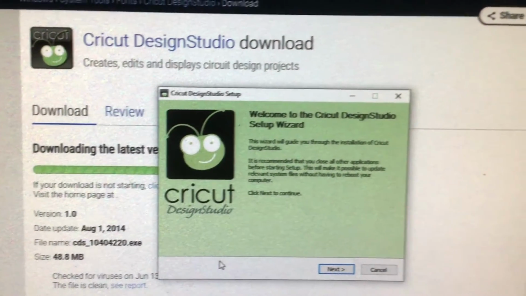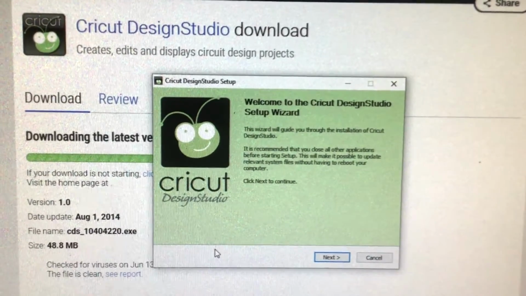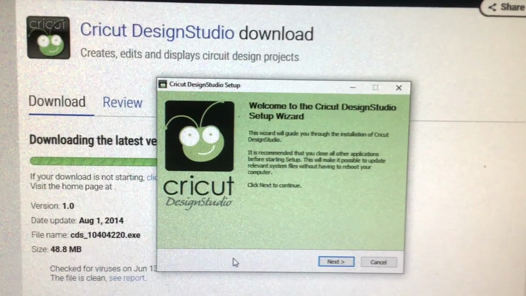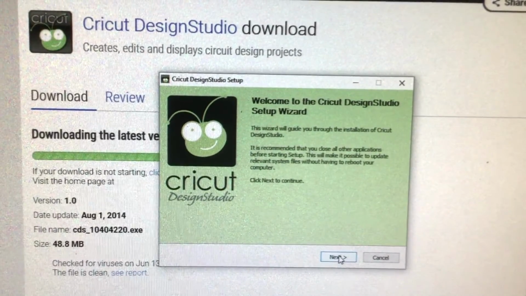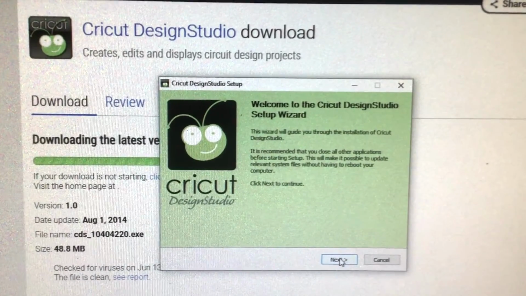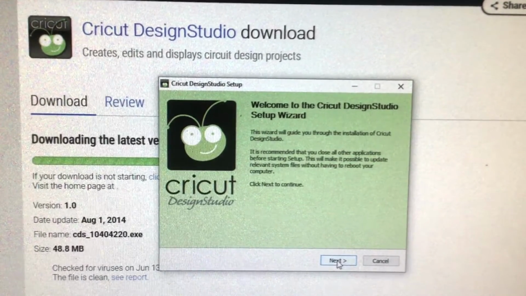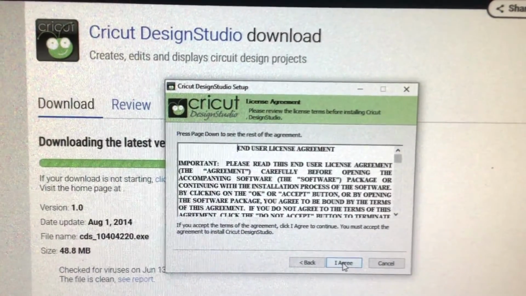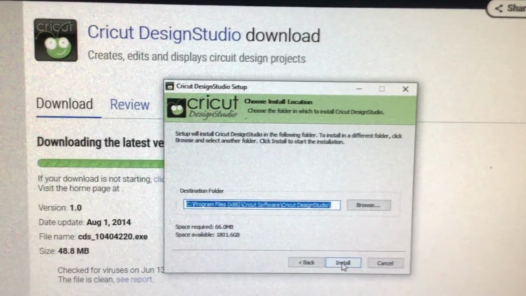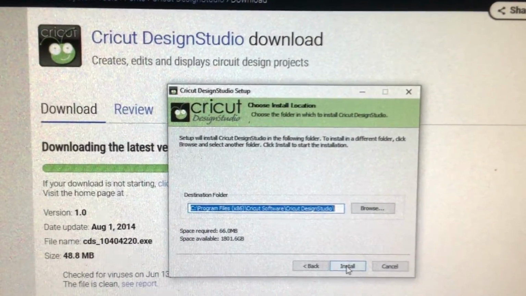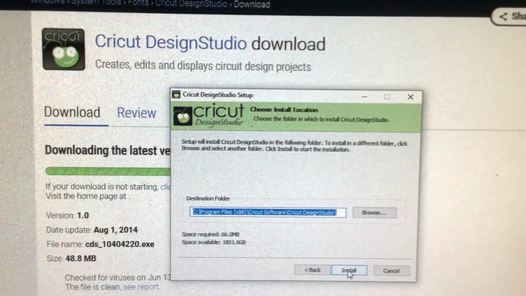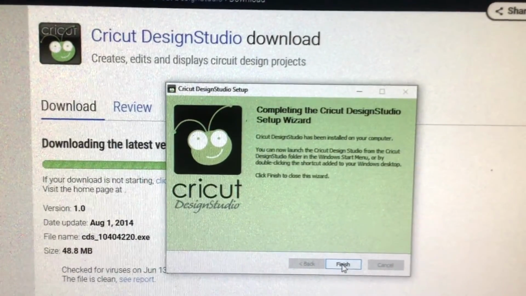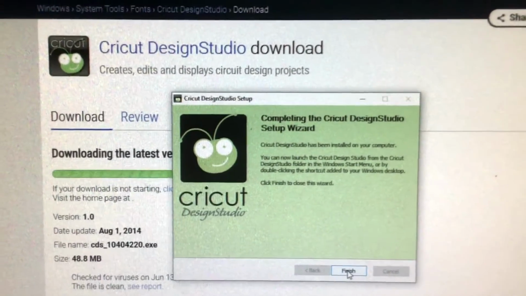So let's say yes. And then you're going to come to the Welcome to Cricut Design Studio Setup Wizard. And it's just a case what you do with every other install. You just follow the prompts, so go next. You have to agree once again. If you don't, well then just forget it. And then just install, and this will put an icon on your desktop. So just install. I usually leave it there because one day it'll probably disappear for good, and at least you'll